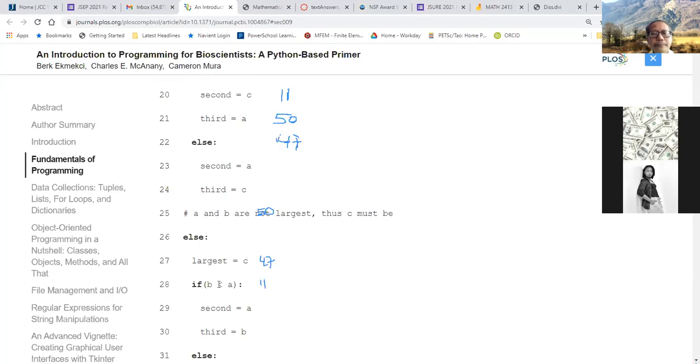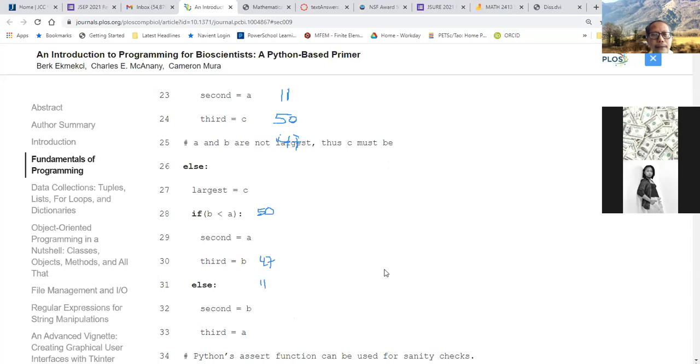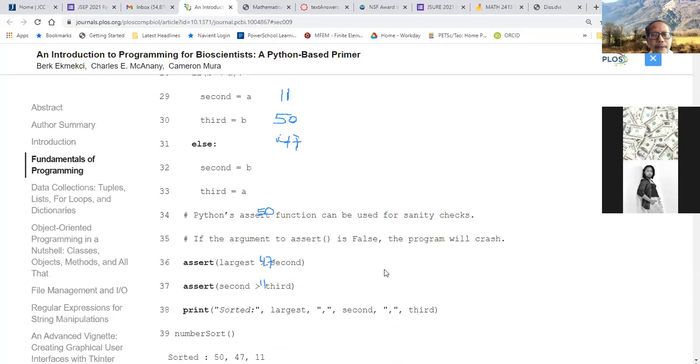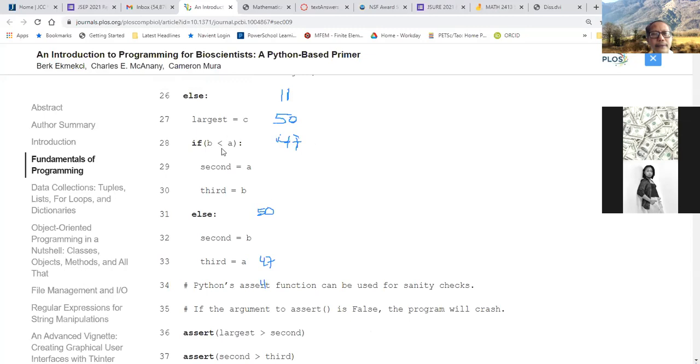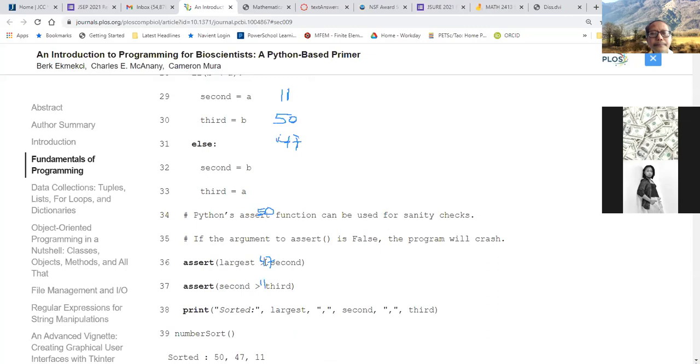And you can see B is also greater than A. In this case, B is 47, right? We can skip also this one, because you already satisfied the condition for two. So the output will be